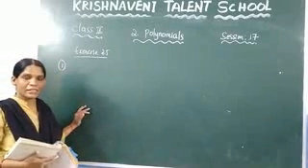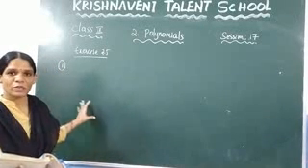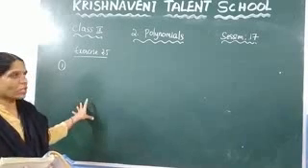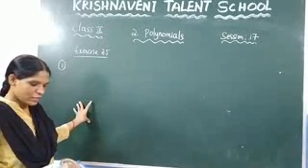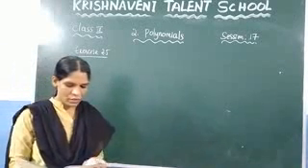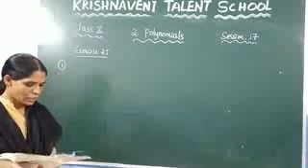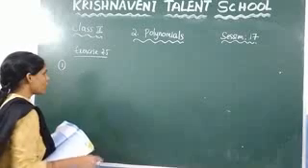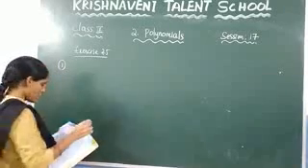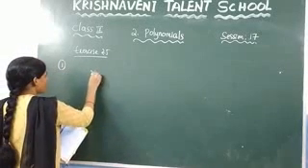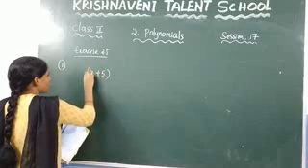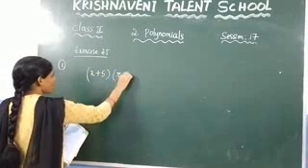We have discussed 8 identities, and by using those identities we are going to solve this exercise. Now see the first one. Here they have given suitable identities to find the following products. So here you need to find the following values by using the suitable identities. The first one they have given is (x + 5)(x + 2).